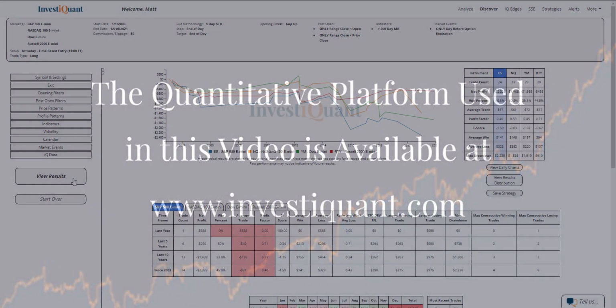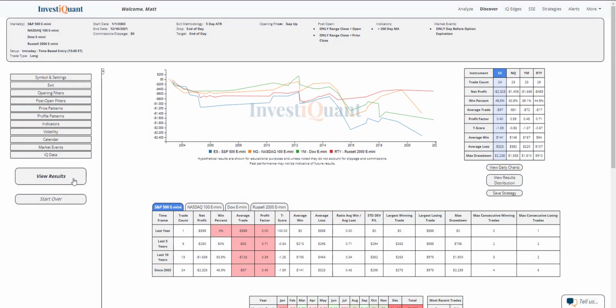All right, here we go. These are the results based upon entering the market long at 3 p.m. Eastern Time, exiting at 4:15 p.m. Eastern Time. When you gap up on the day before options expiration day and are above a 200-day simple moving average, and then at 3 o'clock, you're seeing weakness defined as trading below the open and below the prior day close. So historically, we've got 24 samples for the S&P, 23 for the NASDAQ, 23 for the Dow, 29 for